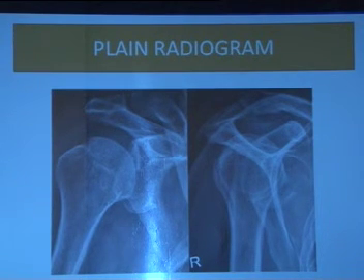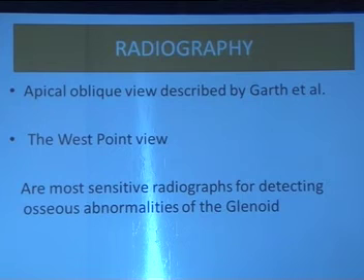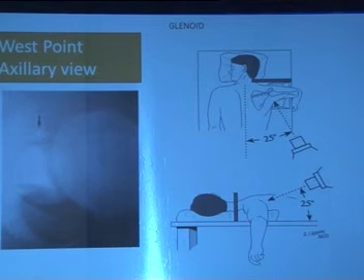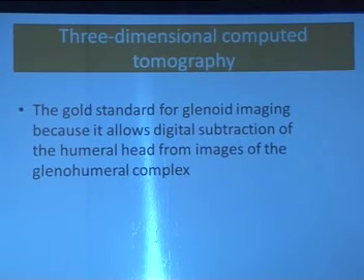But it's important not to depend only upon an AP view when taking these patients for theatre. Special X-rays need to be done, especially an apical oblique and a West Point view. These X-rays are important because they help us address the bony loss. If you look at these X-rays, you can identify a bony loss in the anterior part of the glenoid, which changes the treatment protocols you might be following.